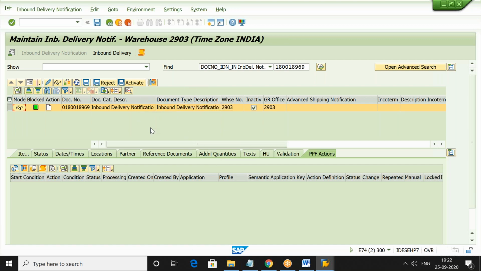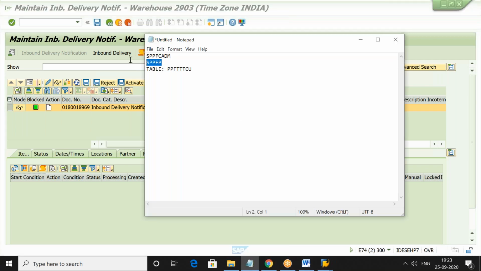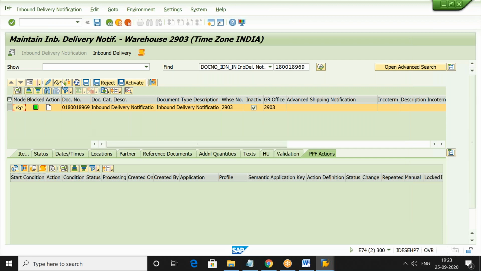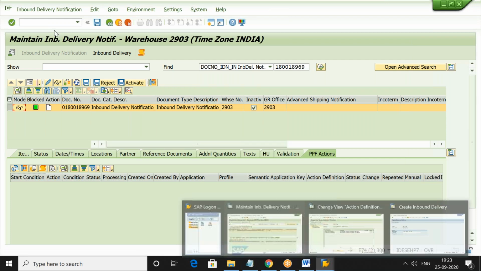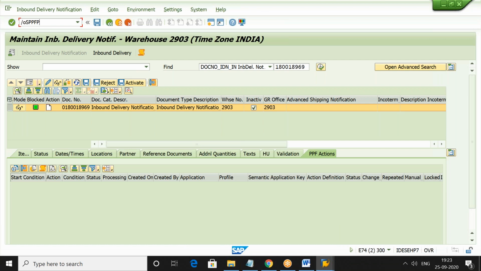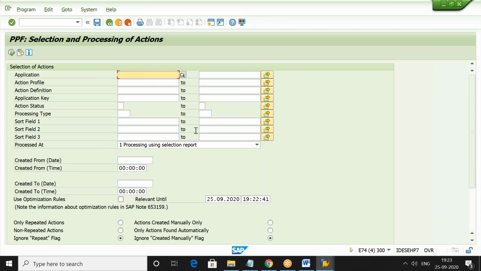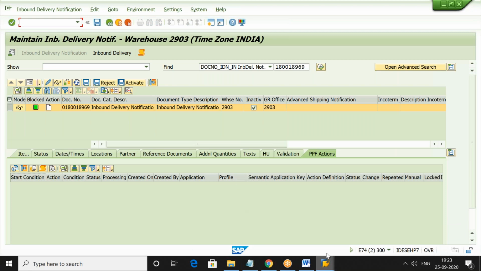Okay. So how to rectify this? Number one, I can activate the profile, the IDR profile, and if I execute it, it works. Sometimes, if you are not able to do that, we have a workaround solution for this, that is, we can run the process by using this transaction. The transaction is SPPFP, slash O, SPPFP. Go to that, and we have to give application details,